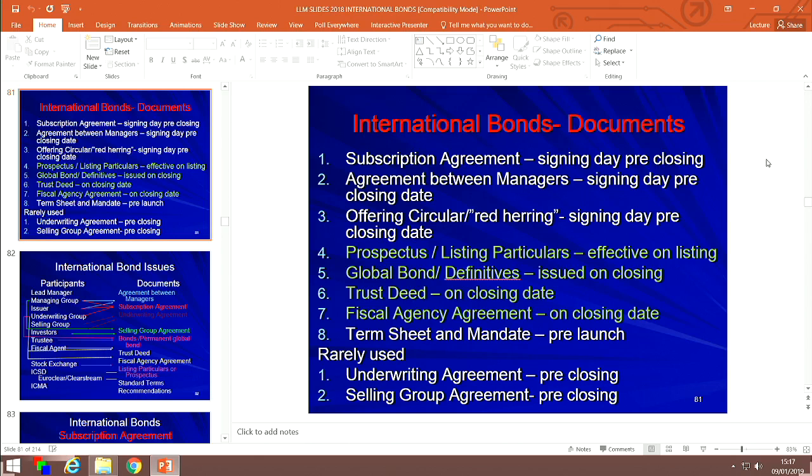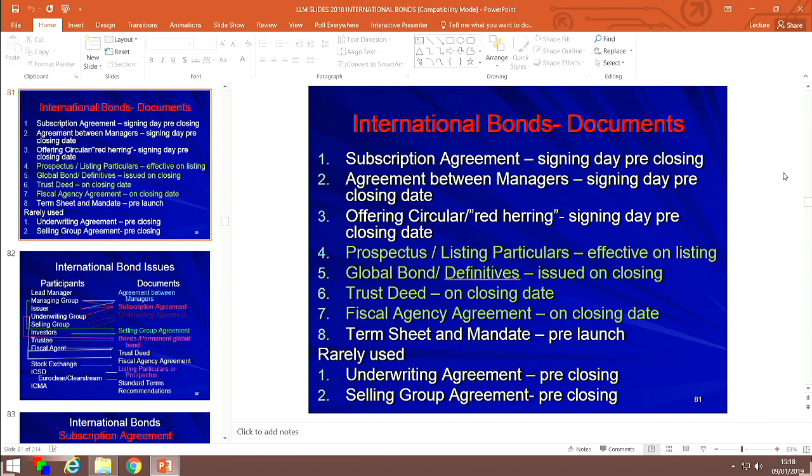Now, I think I added a caveat to that, saying that in fact, if US securities laws demand it, on closing date, a permanent global bond is not issued, a temporary global bond is issued for 40 days to comply with United States securities laws, at the end of which the global bond in final form will be issued.